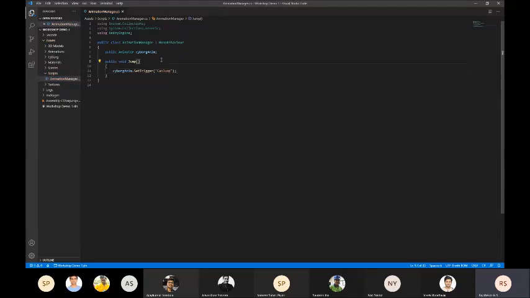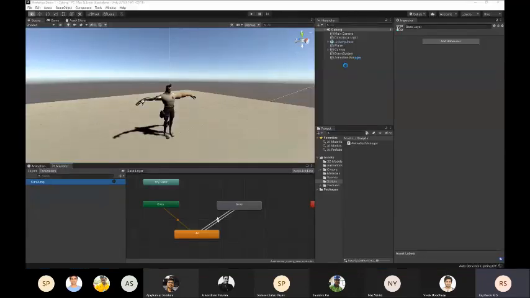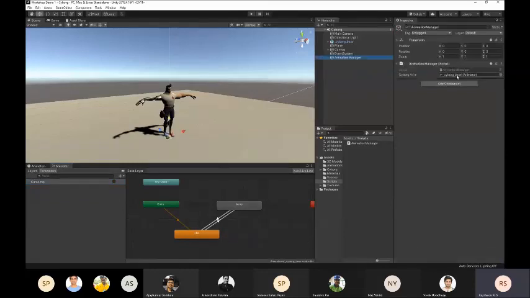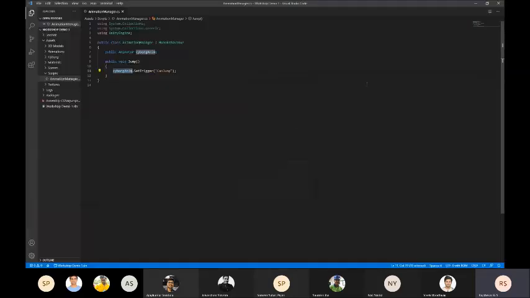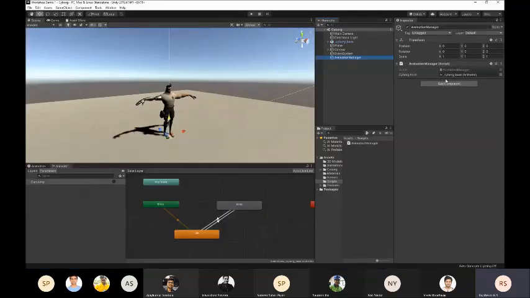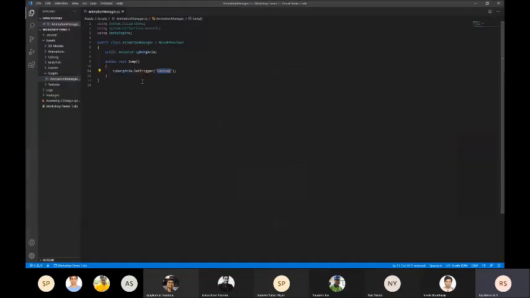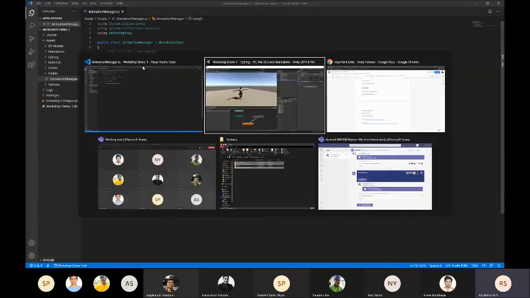So we created a function. Every time this function is called, it will go to this animator, the cyborg animator. So cyborg animator, which we defined here, it already knows which animator to refer to, and it sets that trigger canJump. So it goes to that animator, it calls this trigger. As simple as that. Now we have to map this function to our button.